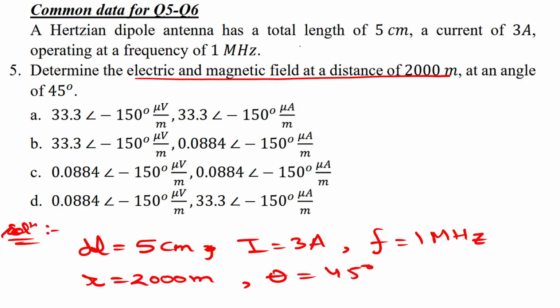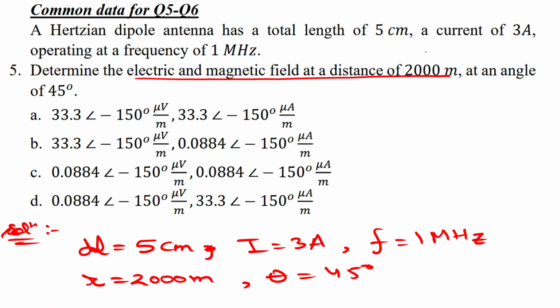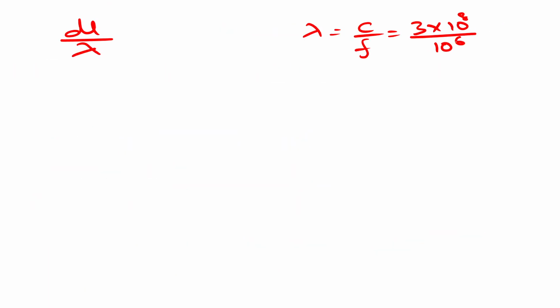So first of all we will find what dl by lambda is. So lambda we can find out because we know what the frequency is, 1 megahertz. So lambda is given by c by f, where c is the speed of light, the speed of that electromagnetic wave in vacuum, and frequency is given as 1 megahertz, so 10 to the power 6. So lambda is 300 meters. So if we find dl by lambda,